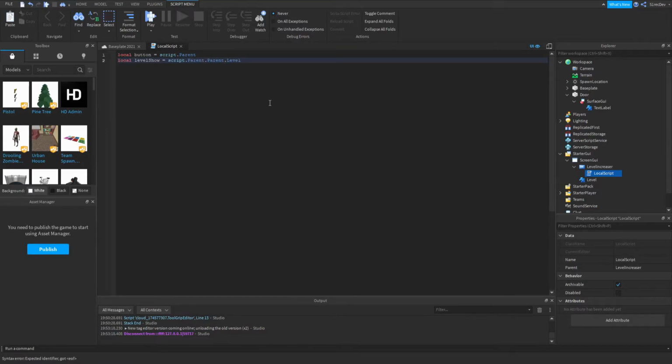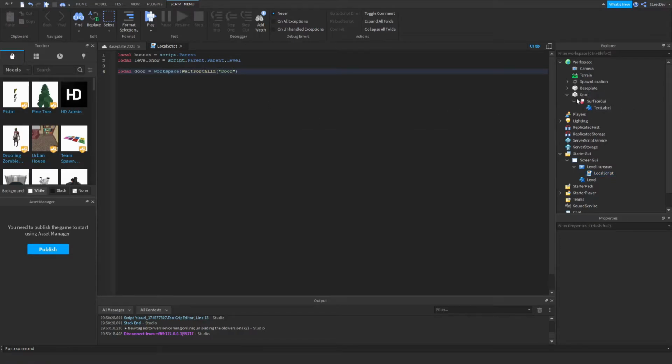.Level, and we'll make one for the door. Local door is going to be equal to script. Oh, sorry. It's going to be equal to workspace:WaitForChild("Door"). As you can see it right there. Then we'll make one for our level,